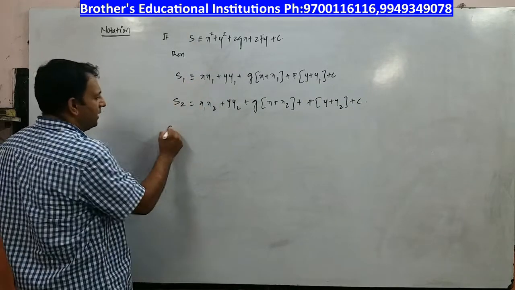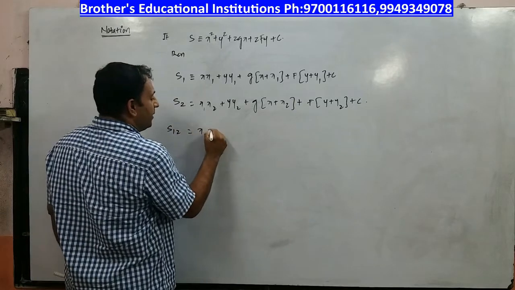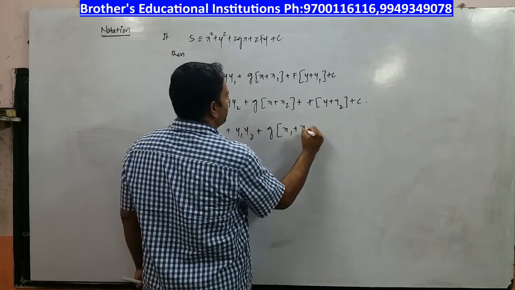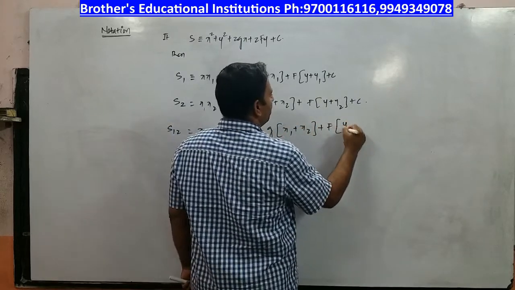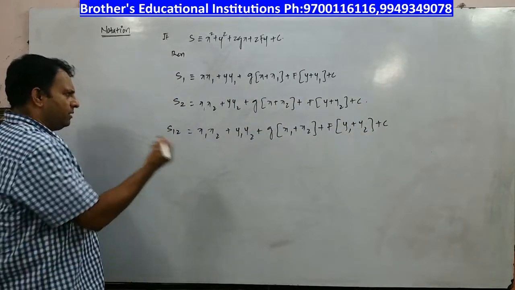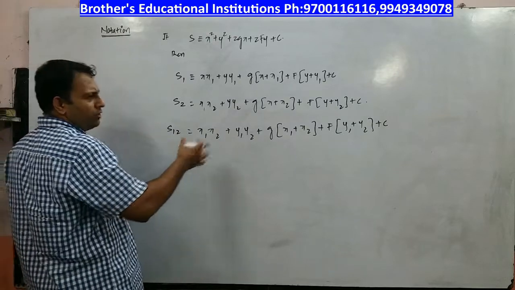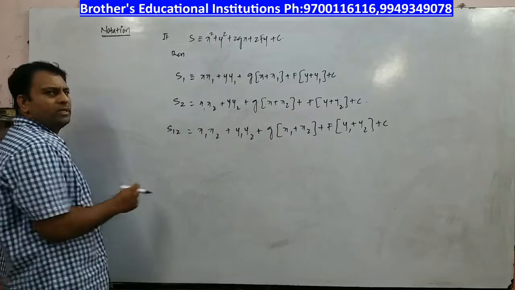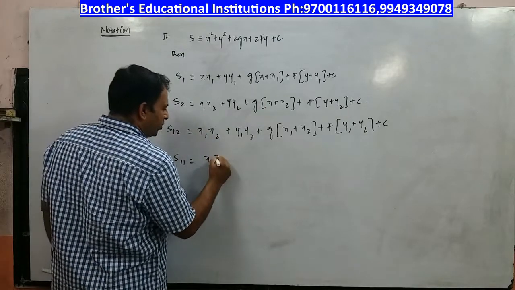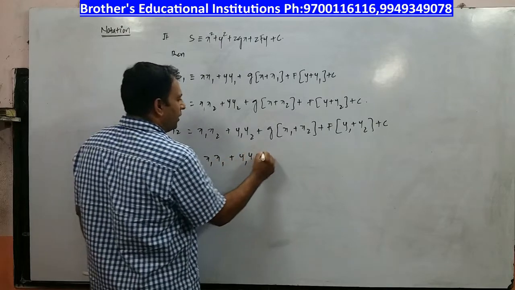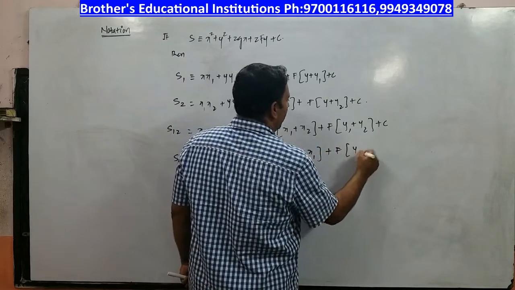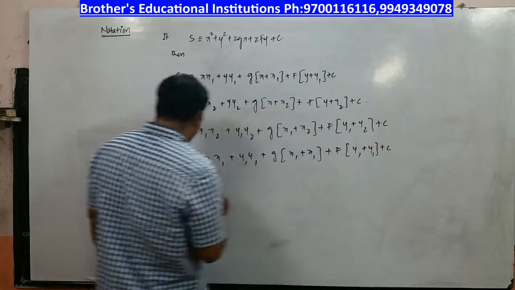But if I write both, S12, then how are you going to write? It will be x1x2 + y1y2 + g(x1 + x2) + f(y1 + y2) + c. This is called S12. It indicates, because tomorrow I may refer simply to the equation of so and so as S12 = 0. You have to remember this. Alright. And if I write S11, it means 2 is becoming 1. Instead of 2 you will write 1 everywhere, plus c. So what do I have?